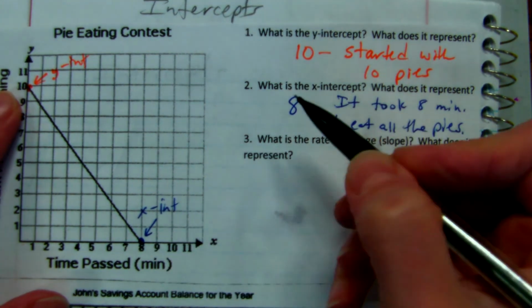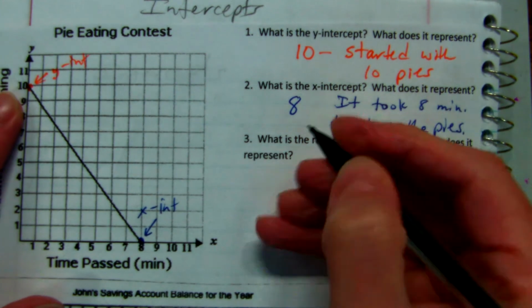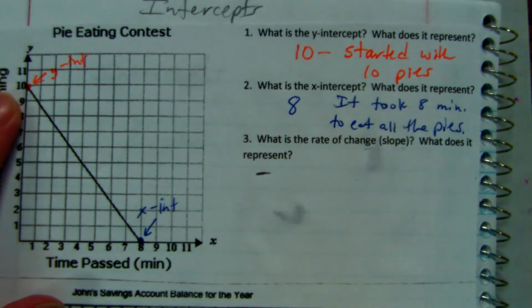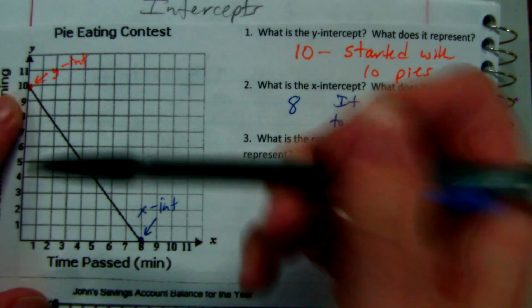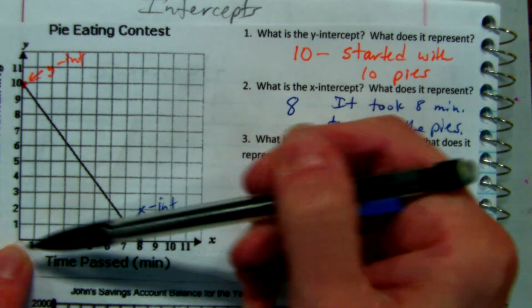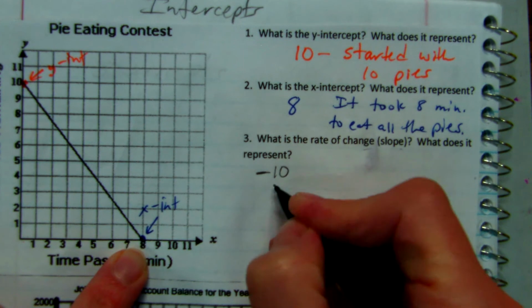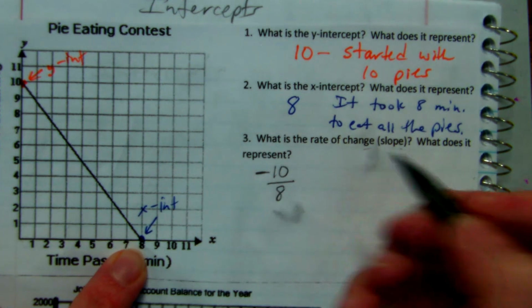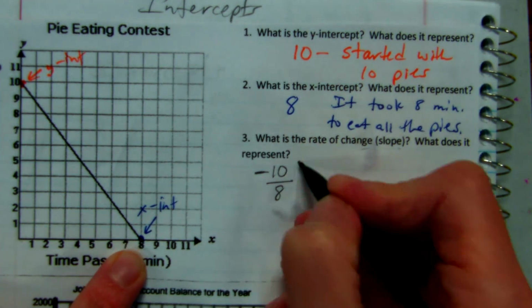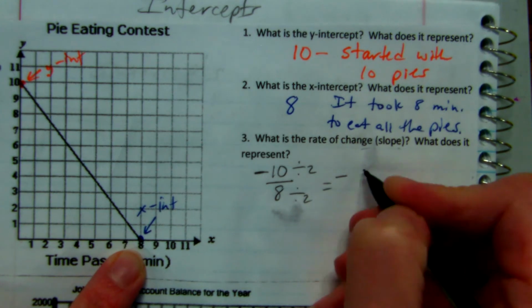Is the slope positive or negative? It's going down, so it's negative. So I'm going to put a negative down just so I remember that. And then I know that this is going to go down 10 and over 8, right? So down 10, so minus 10 and over 8. And then we've got to reduce that. So we'll divide by 2. And we get negative